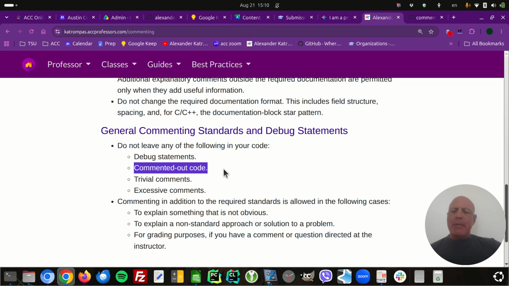And any other commented out code, we also get rid of that. There are some exceptions. I'll explain one in a minute. But if you commented something out because you were reworking it or you did your code another way, go back and get rid of the commented out code. All right. Now there's an exception for when you leave that in.